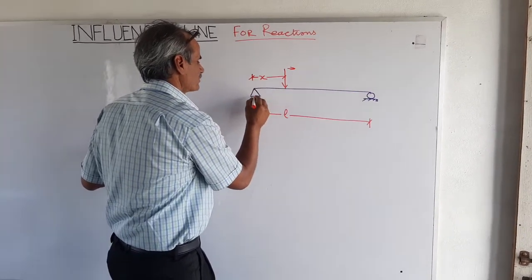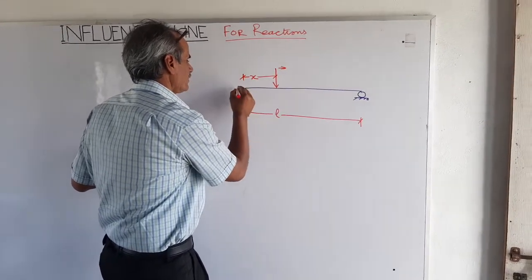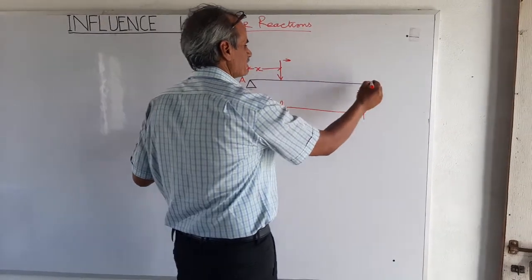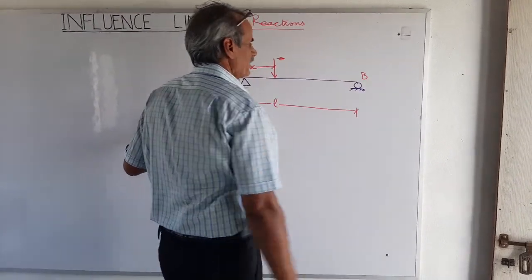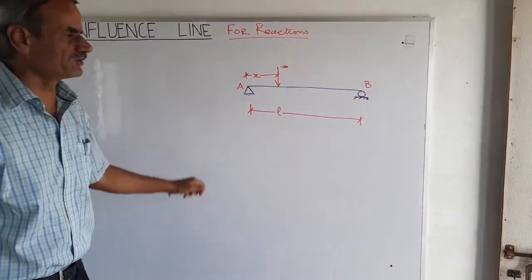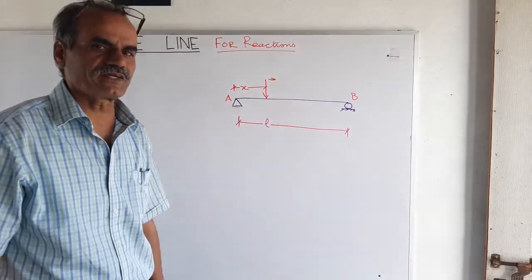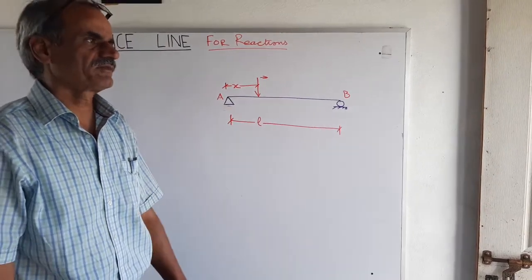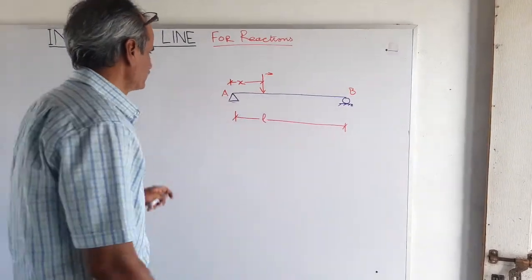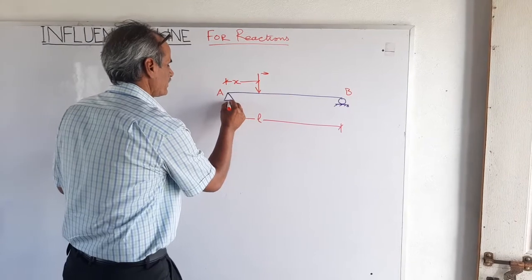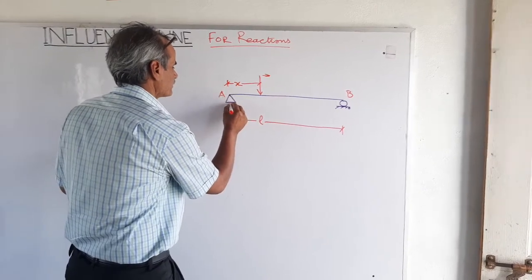Say this is support A, and let's say this is support B. And now we want to draw a graph, a graphical representation of the function VA, that is the vertical reaction at A,